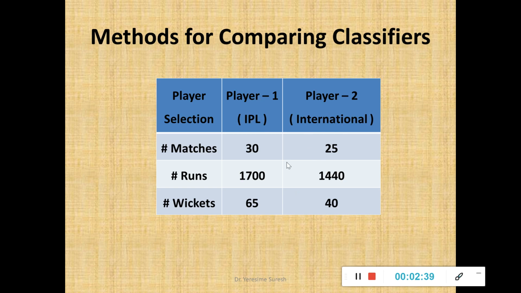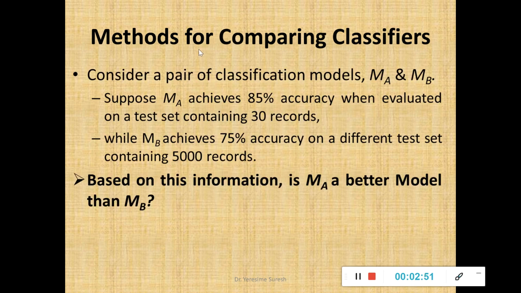So the same concept we'll try to apply to compare the classifiers. This is just a background example, so don't take it exactly the same way. We'll apply the same characteristics for evaluating the classifiers. Now say for example, I have a pair of classification models, model A and model B,